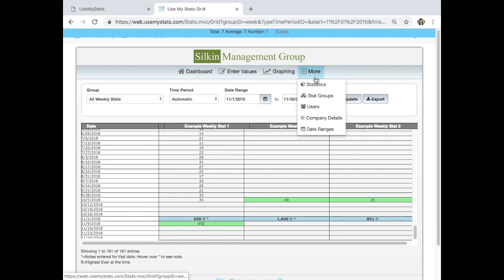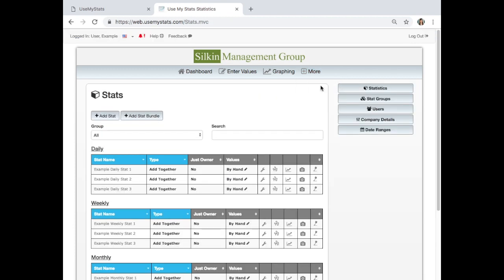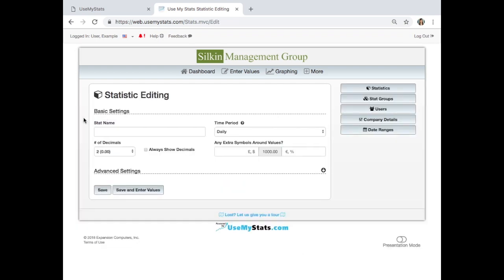Next, we're going to look at this More tab. The More tab is where you'll find most of the administrative functions that you can do on the Use My Stats site. So first, let's take a look at the Statistics page. This page is where you can add, edit, or make a correction to a statistic. First, I'm going to select Add Stat. That way, if you want to add in any new stats or keep track of anything else, you know how to do that. Under Add Stat, all you need to do is give the stat a name,